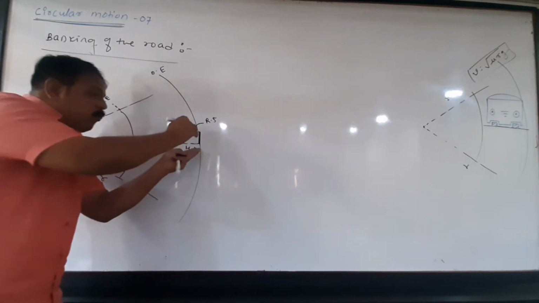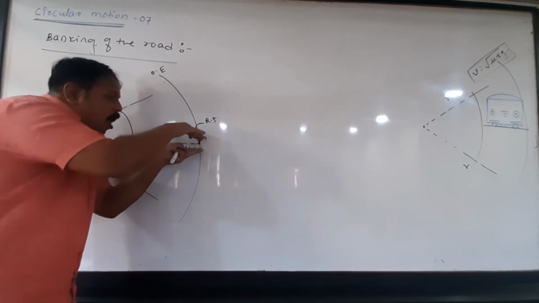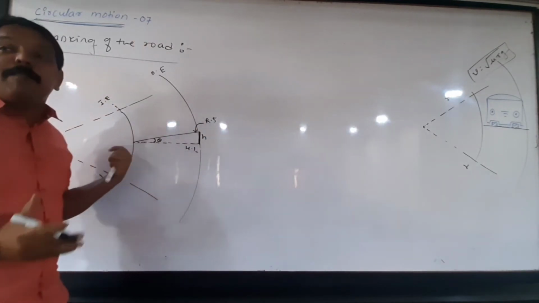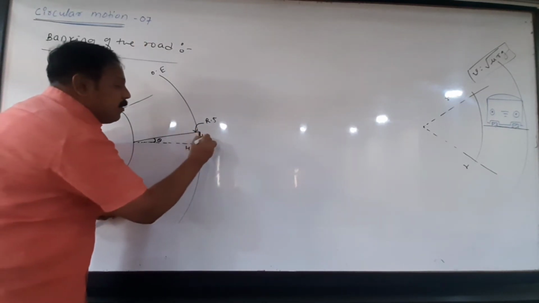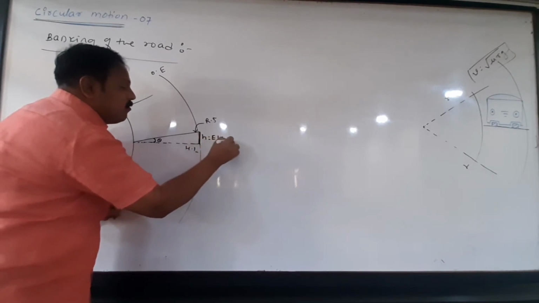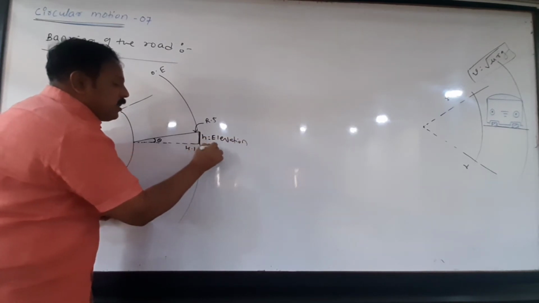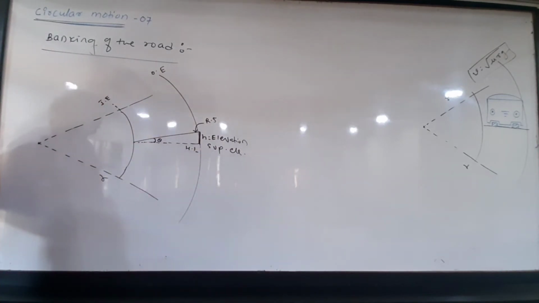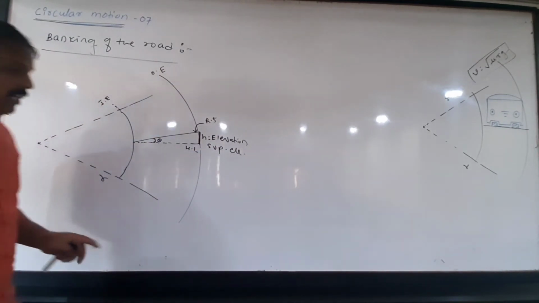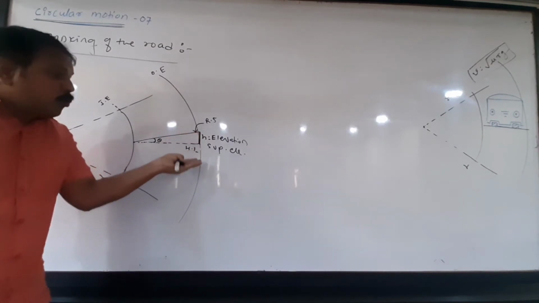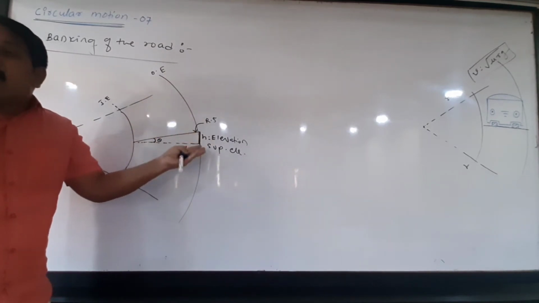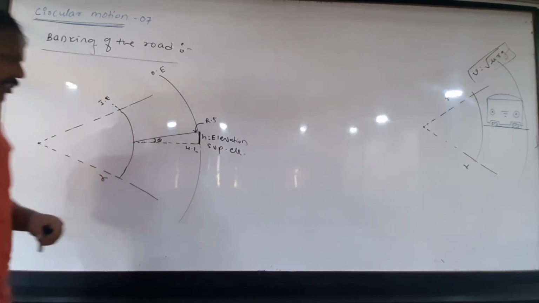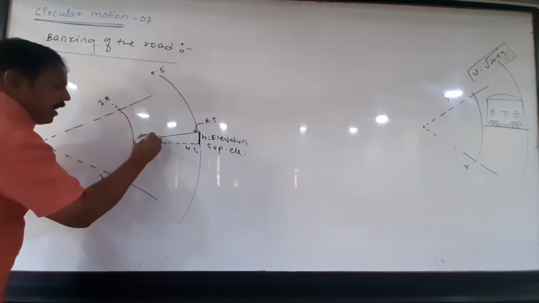Question arises, what about that height? Through how much height is the outer edge raised as compared to the inner edge? That height is called elevation, or it is also called super elevation. So what is super elevation? The height or altitude through which the outer edge of the banked road is kept at a higher level than the inner edge. That height is called elevation. Now what happens if the roads are made banked?